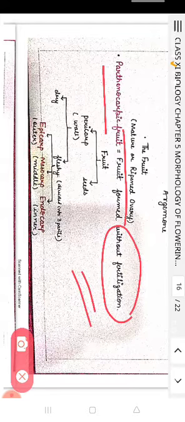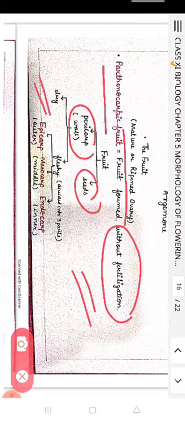Fruit has pericarp, or the wall of the fruit, and it has seeds. According to the wall, fruits are of 2 types, dry fruit and fleshy fruit. In fleshy fruits, the pericarp is divided into 3 parts. Number 1, epicarp, it is the outer; mesocarp, it is the middle; and endocarp, it is the innermost wall.